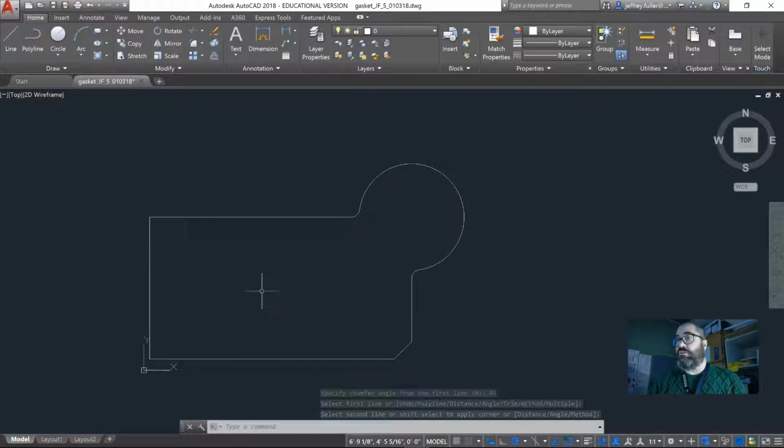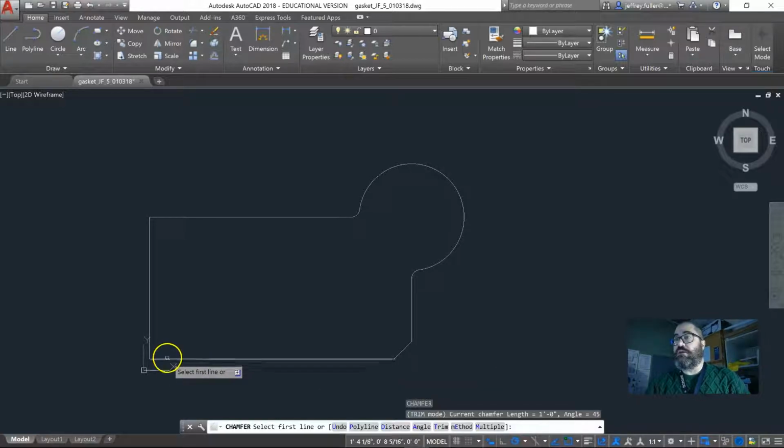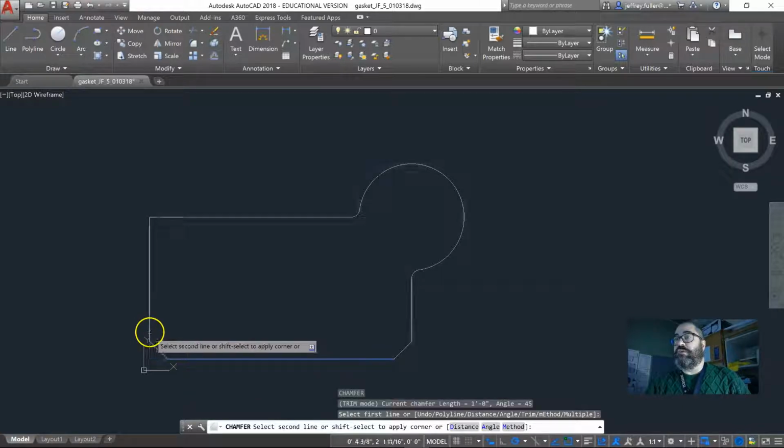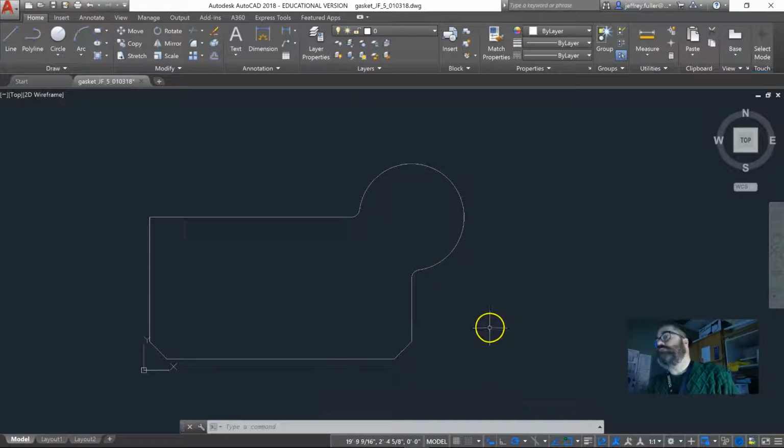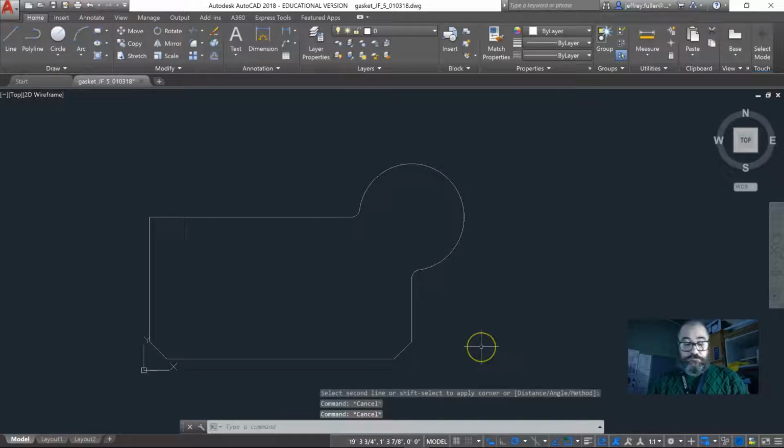If I want to do the next corner, I can click enter to go back into the command, and I think everything will stay the same, and it does, and there we go. However, maybe I want a different chamfer up here. Let's see, to get a different chamfer,